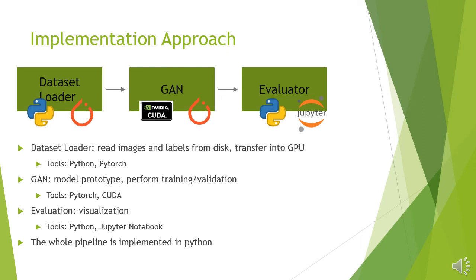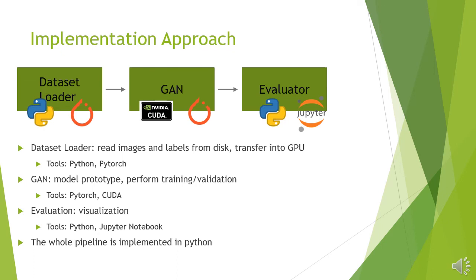The tools for us to implement the dataset loader are Python and PyTorch. The second module is the GAN. Here we perform model prototyping and model implementation, and then we perform training and evaluation. Our main tools for this module are PyTorch and CUDA. CUDA is a framework that allows us to interact with the GPU, and PyTorch is a very popular deep learning